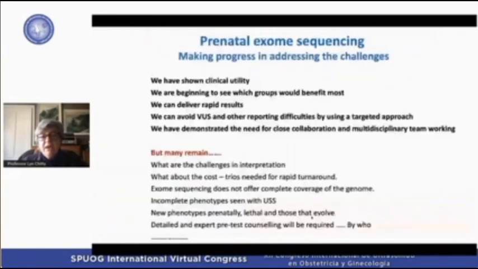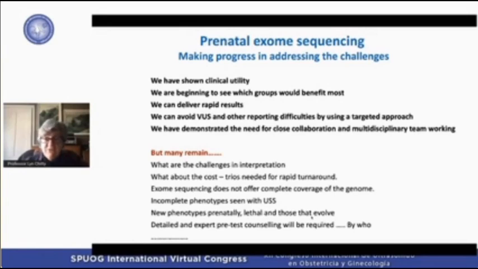So in summary, I think for prenatal exome sequencing we're making progress in addressing the challenges that I highlighted earlier on. We've shown clinical utility. We're beginning to see which groups would benefit most. We can deliver rapid results, and we can avoid the variants of unknown significance and the difficult reporting by using a targeted approach. But I would emphasise the need for close collaboration and multidisciplinary working between scientists, clinicians, geneticists,